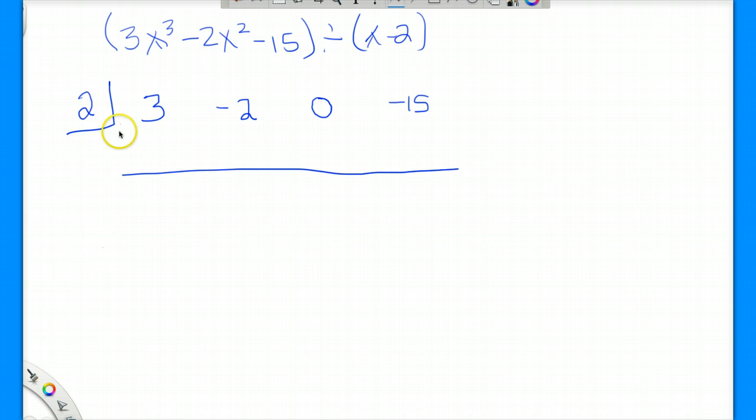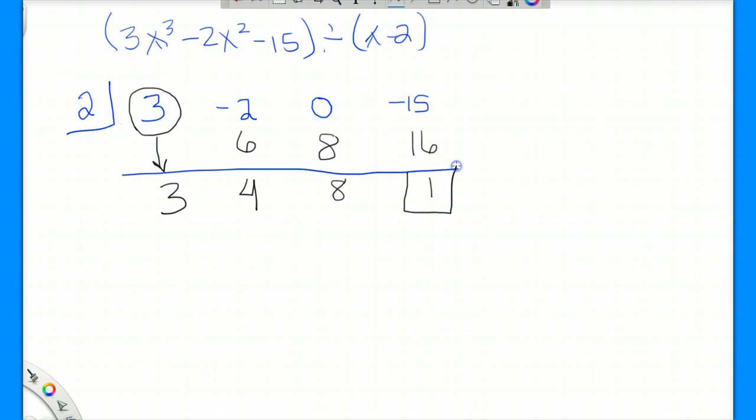Let's see, I'll write in black this time. Okay, first step, you take the first coefficient that you're dividing into and bring it straight down. It is the first coefficient of your answer. Then take the number you just brought down times the number in the box, write it here, add down the column. The number you brought down times the number in the box, 4 times 2 is 8. Put it here, add down the column. 0 plus 8 is 8. The number you brought down times the number in the box, 8 times 2 is 16. Write that right here, add down the column. Negative 15 plus 16 is 1. I'm going to box that in to remind me that that's the remainder.